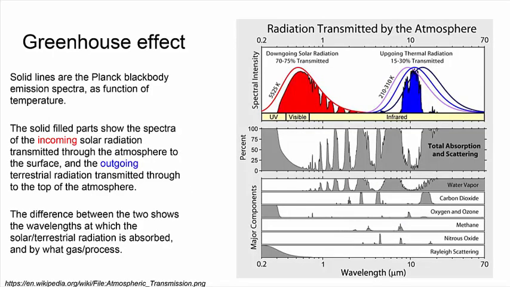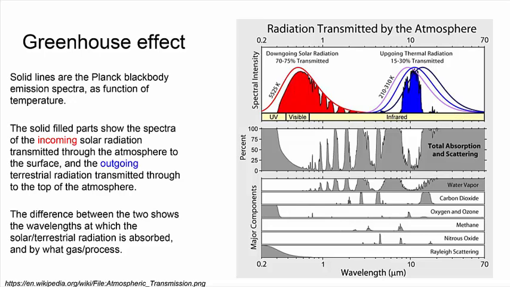This is a complicated figure, but I'll walk you through it. At the top, similar to what I just showed, the solid red line is the black body spectrum of the sun that you would see at the top of the atmosphere. If you're right at the edge of the atmosphere looking at the sun, this is the spectrum you would see. Don't focus on this part yet. The red curve is what you would see from the sun, and again, it peaks in the visible, and there's a little part that goes into the UV and goes down.